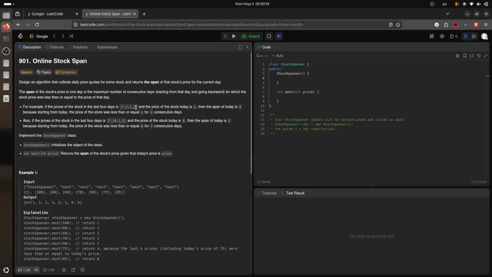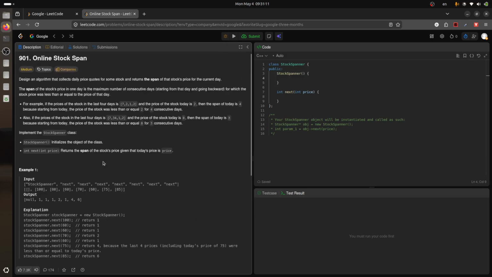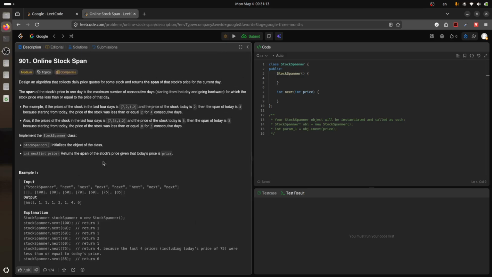Right, then it's 5, 2, 1, 2, but 7 is larger, so span would be 4. So right, this would be 8, so span would be 3 because 1 to 8. So what we need to do, looking backwards, is find the soonest such date that the maximum of those prices is less than or equal to the new price,